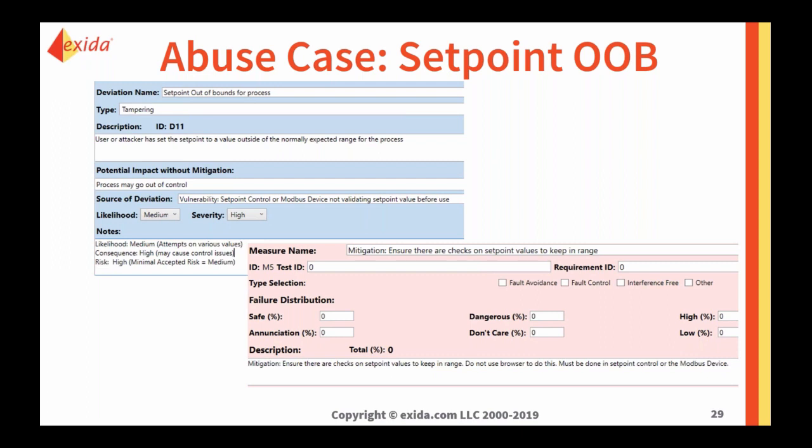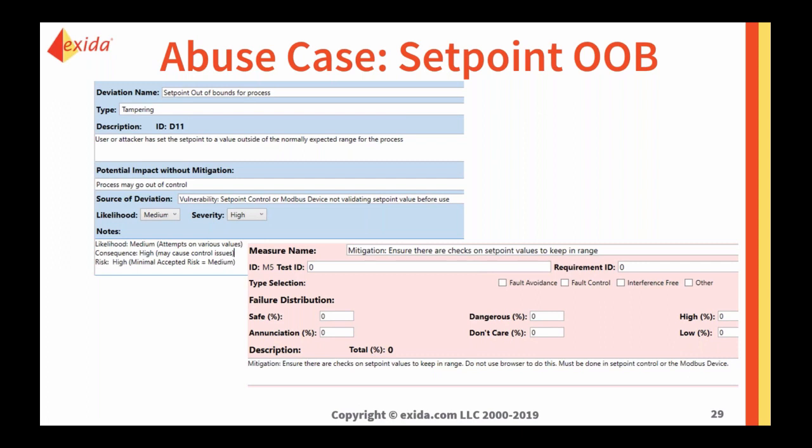What's the likelihood and severity? The likelihood's kind of medium. That's what people decided. That yeah, you could set it out of bounds, but maybe not really. But the consequence would be pretty high if there was some way you could get it to go out of bounds. So again, when we look at our matrix, we would find out that a medium likelihood, high consequence gives us a high risk. So therefore, again, since we have to mitigate from medium up, we're going to have to